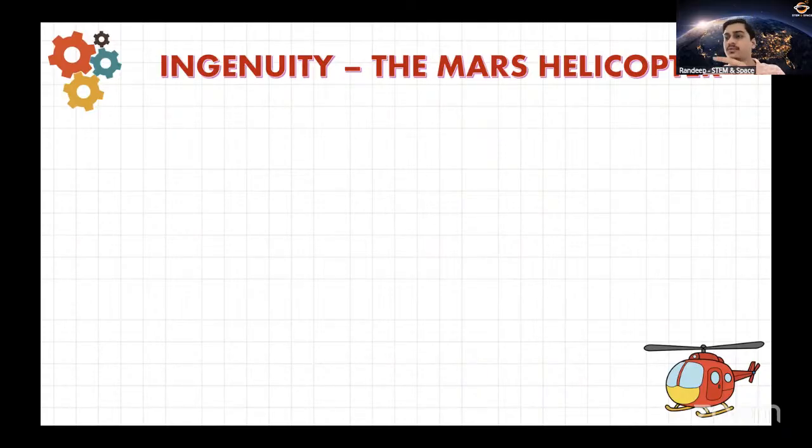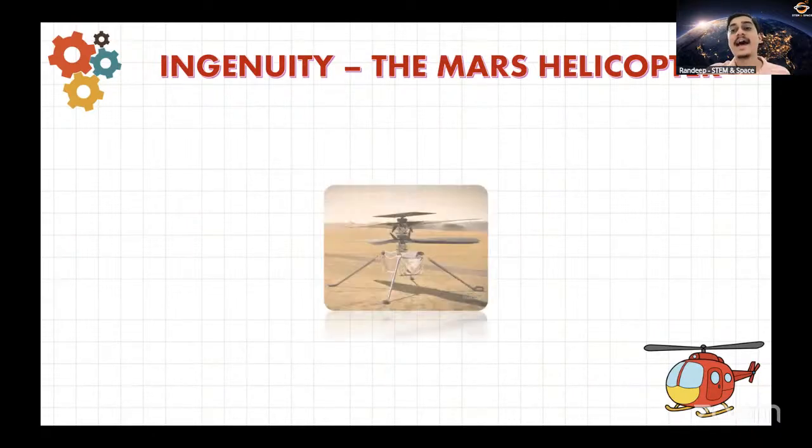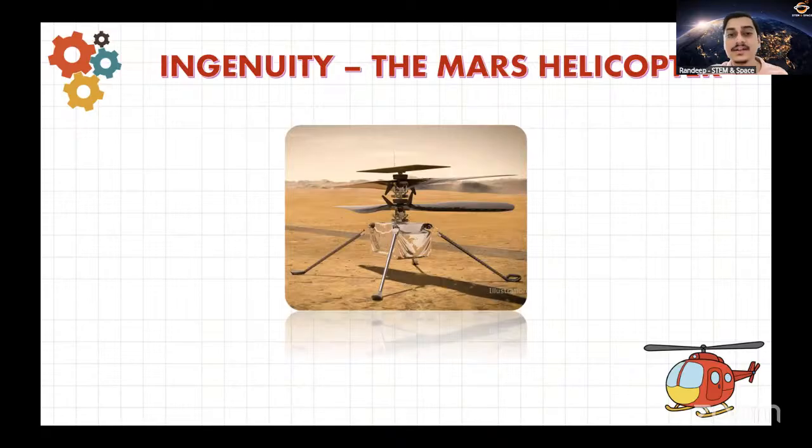Now, coming to the point which some of you are asking about gravity, just imagine, kids, gravity was a force that we actually need to counteract. Since the gravity is almost half on Mars, it's actually beneficial to us. Okay, so flying a helicopter on Mars is easier from the gravity point of view, but from the atmosphere point of view, it's much, much more difficult. And that's where its unique design comes into play.